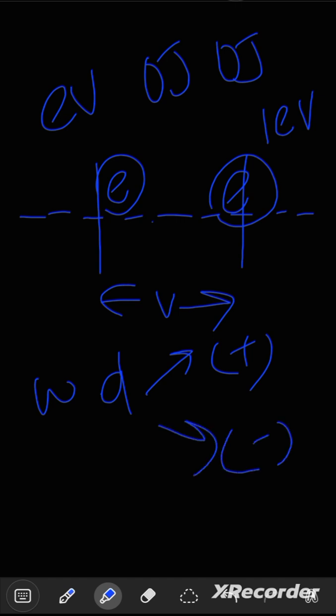When it comes to this scenario, what type of work done is this? If you guessed negative work done, that is actually correct. Because over here, you have the field doing work on the electron,